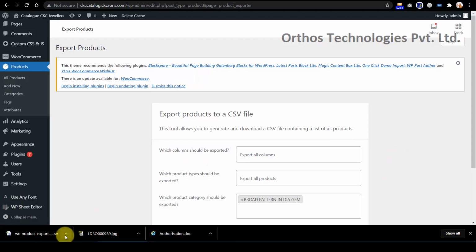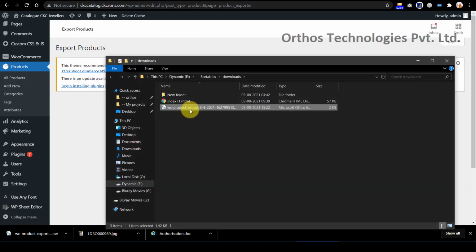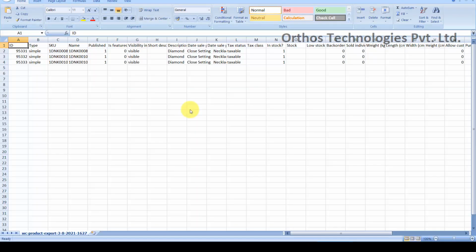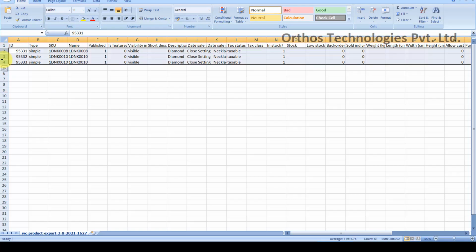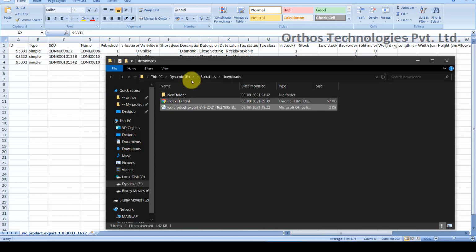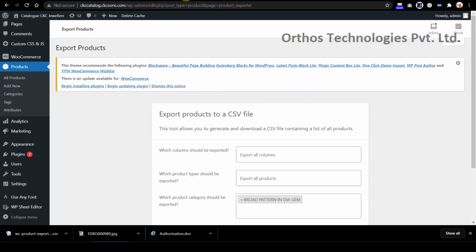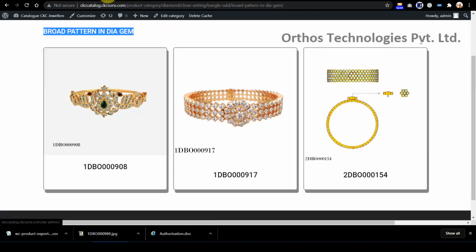So this CSV has been generated, and this is downloaded as well. Open the folder. This is a file in CSV format. You can see that there are 3 products within this particular category. Those are the same thing as we saw in the front end. So these are the products.